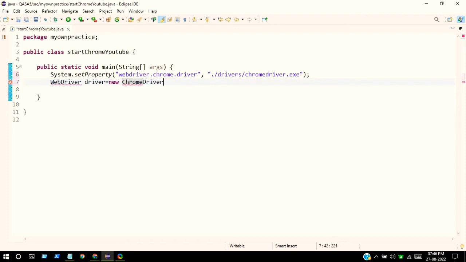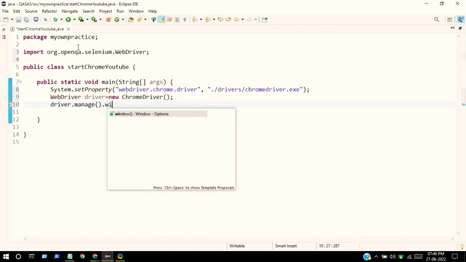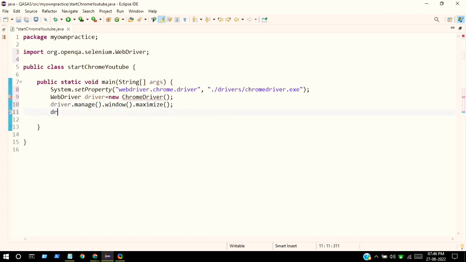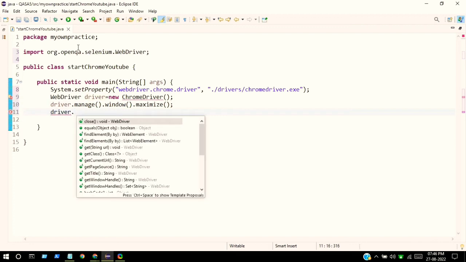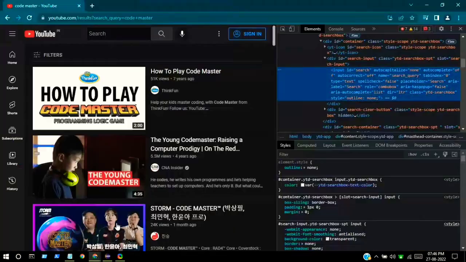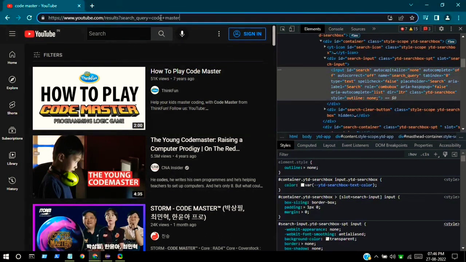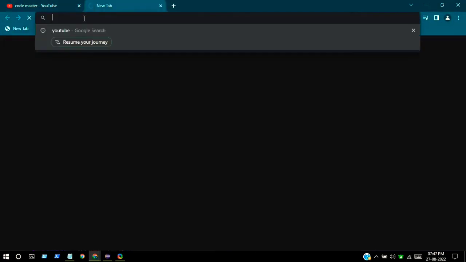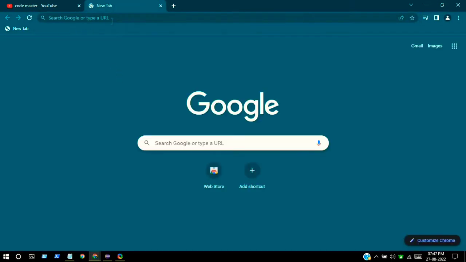I instantiate the browser: driver = new ChromeDriver, and I keep the driver reference variable. I click on manage windows and maximize it. This particular code is used to maximize my window. Now I give the main URL with get, and the main URL is a string. So for that I go directly to YouTube,